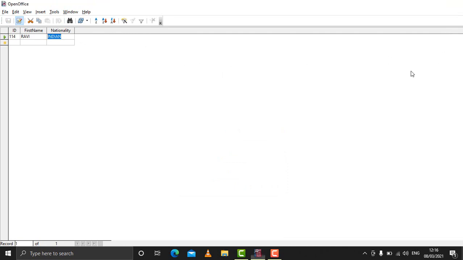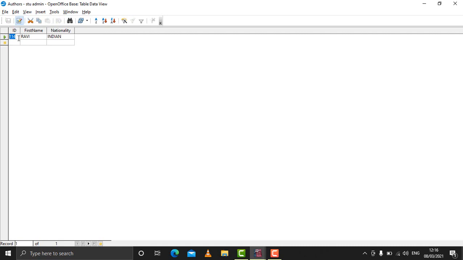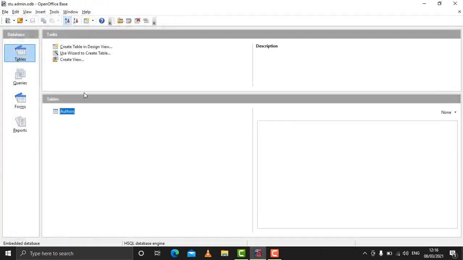and then from here you can close it. So as you close it, your records in the table will be stored. If you want to see your table, it is here. Double click on this icon and your table will open up with the record entered in the table. Close from here.